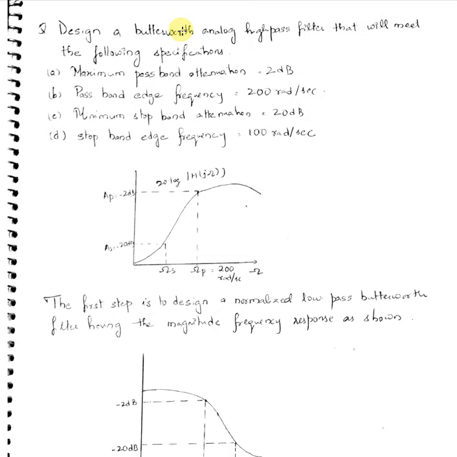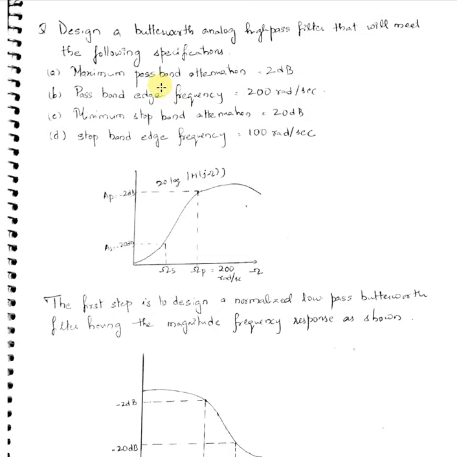Hopefully it is clear. Now which type of filter you're designing, that you have to decide depending upon the specification that they have given in the question. If they give directly, it is fine. If not, you need to understand it, and I would prefer that you first represent it this way so that you will clearly get to know what is your omega p, omega s, Ap and As depending upon whatever they have given in words.